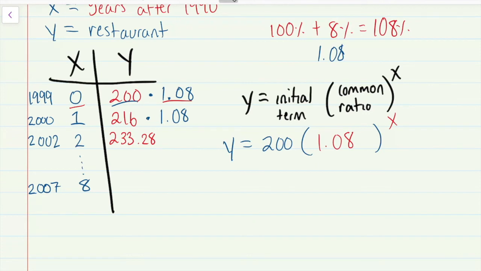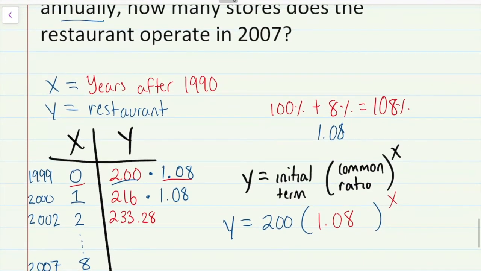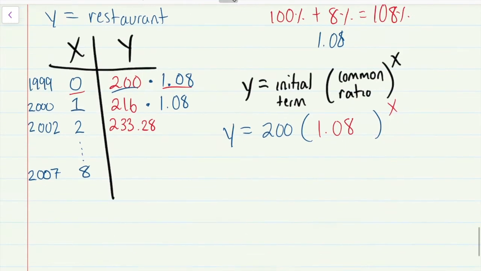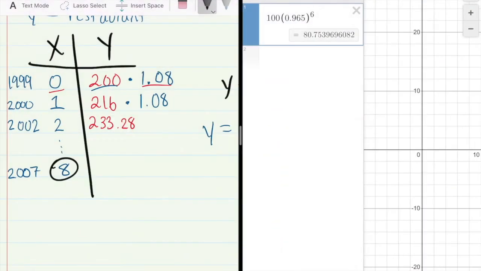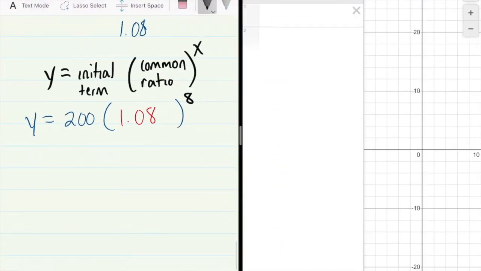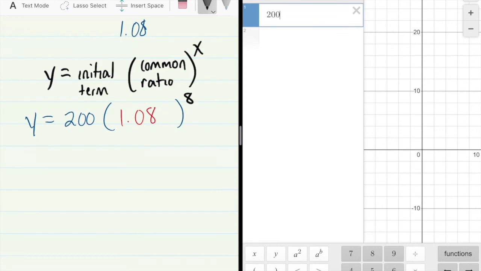And we want to know when the x, remember, years after 1999, when my x is on the 2007, which is the 8th year. So basically, replace the x with an 8. And you could do this by hand, or you can go with your good old friend, Mr. Desmos. And let's plug it in. No need to use the y, just use 200 times, or not even times, you can just put parentheses, 1.08, parentheses, to the power of 8. And there you have it,